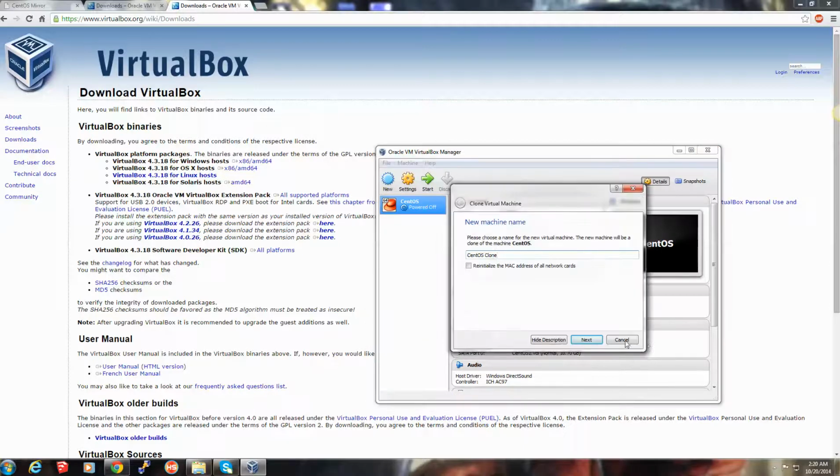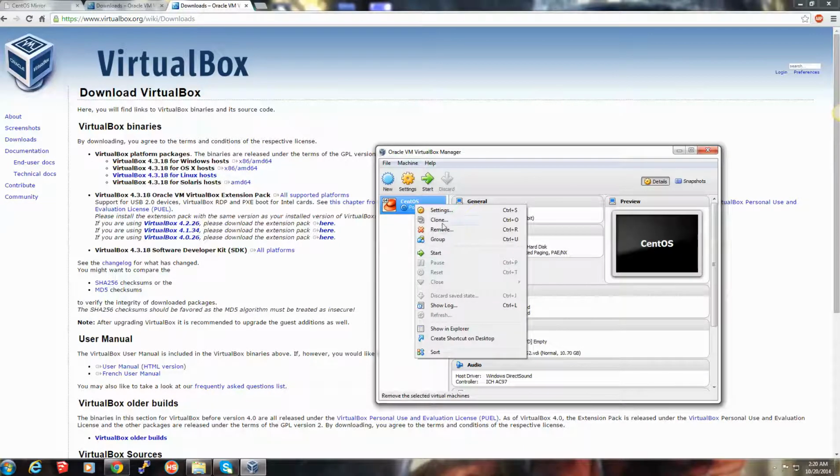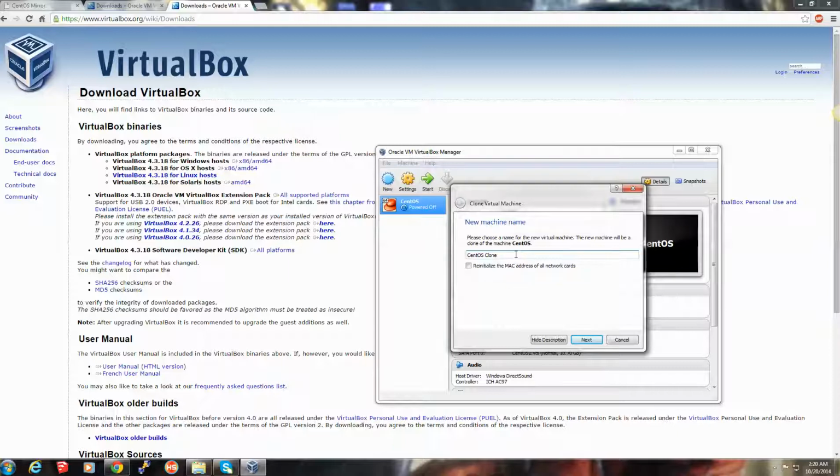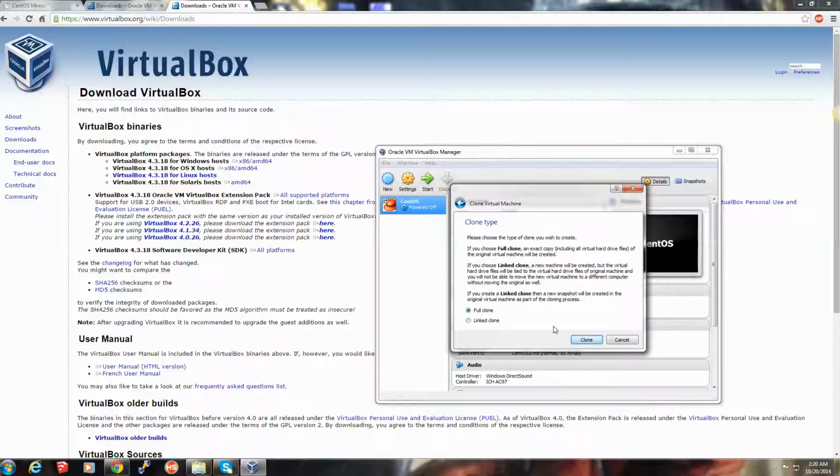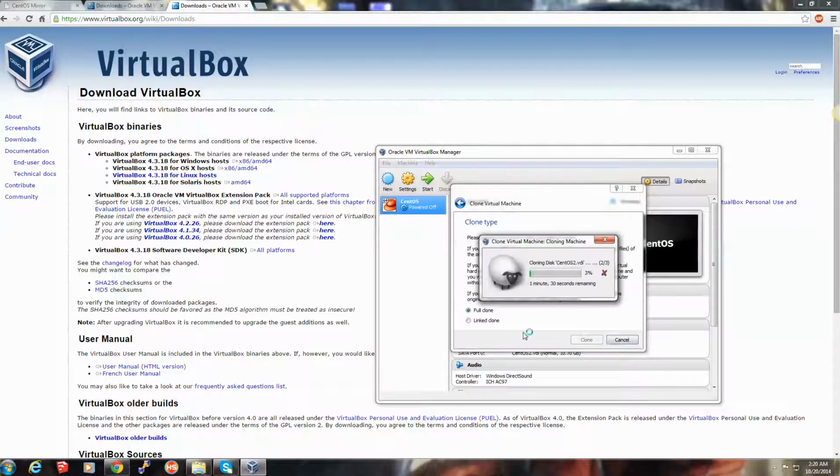So you go ahead and just right-click the VM that you created and hit clone, and then just name it CentOS clone maybe 1. Ask to reinitialize the MAC address of all the network cards when you reboot it. Make it a full clone. Go ahead and hit clone. And it's going to clone the CentOS2.vdi disk image, which is awesome because as soon as you use up one